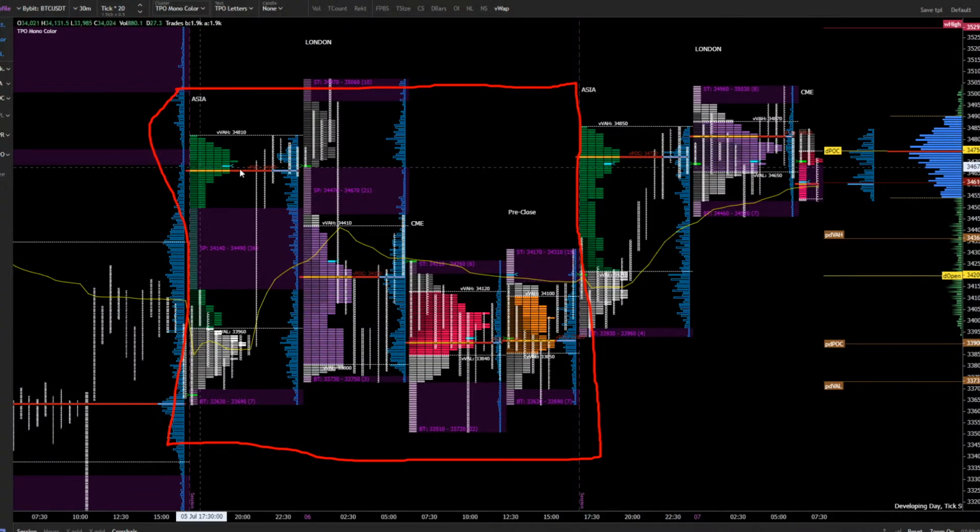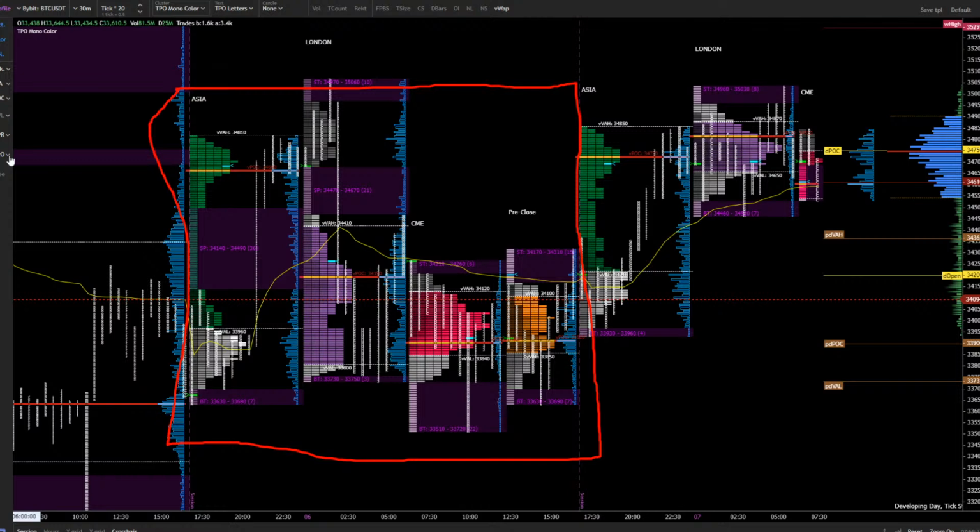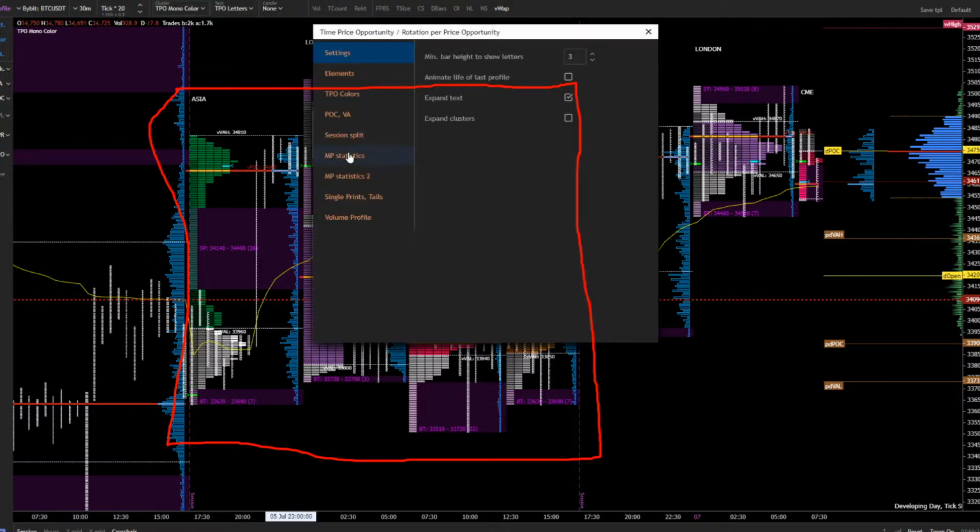So we see that we have one up here, and this is the volume point of control. We have another volume point of control here. These two are lined up. So, if we took a 50-50 shot and put it right around there, and then took our sessions off,